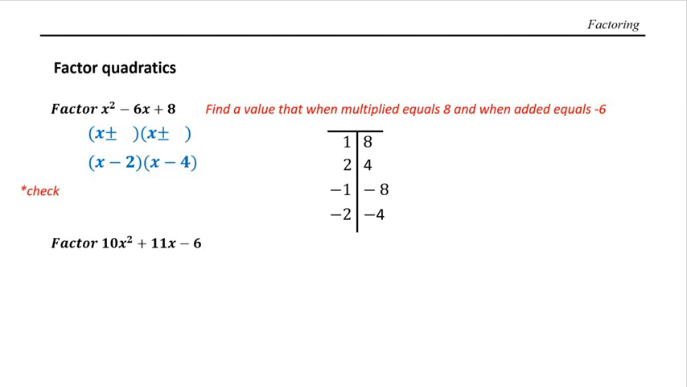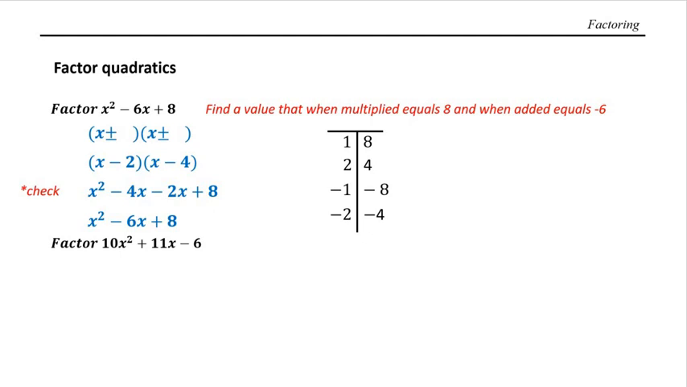So in this case, when we multiply out, we would get x squared minus 4x minus 2x plus 8. And when you simplify our negative 4x and negative 2x, we would get our original answer of x squared minus 6x plus 8. Now the next problem,